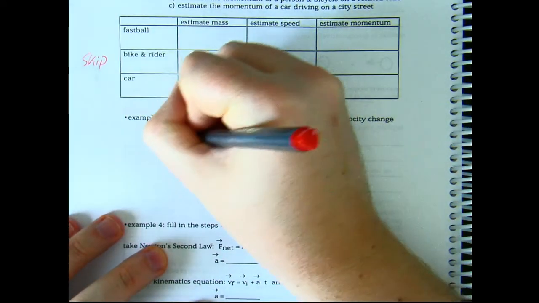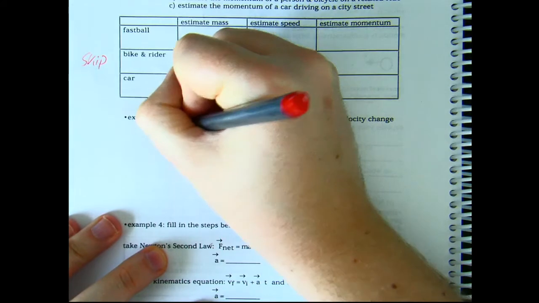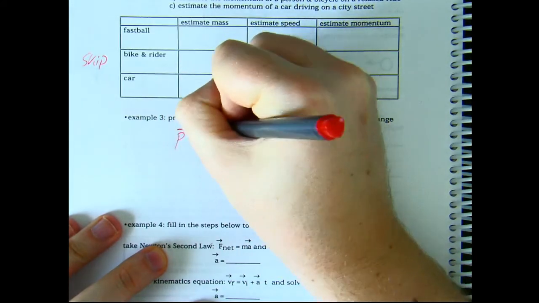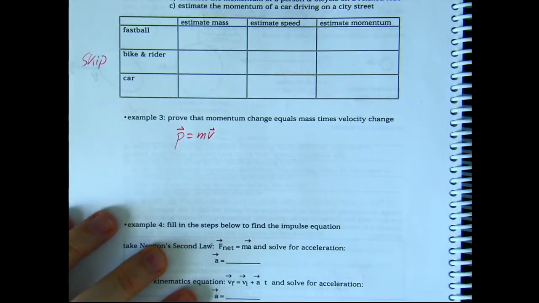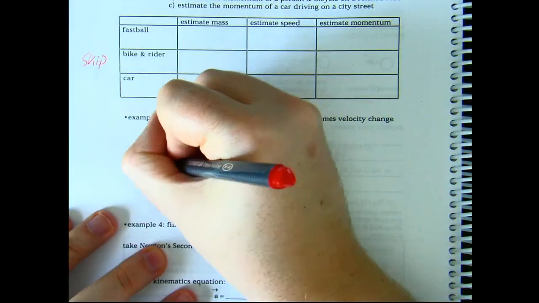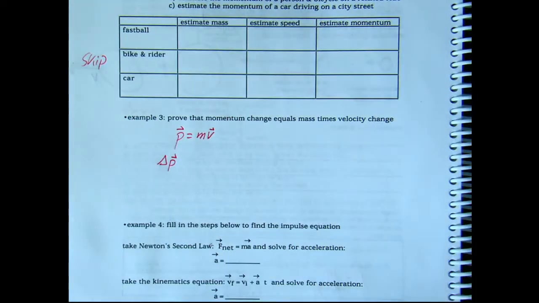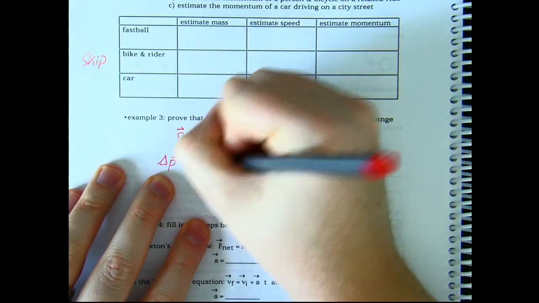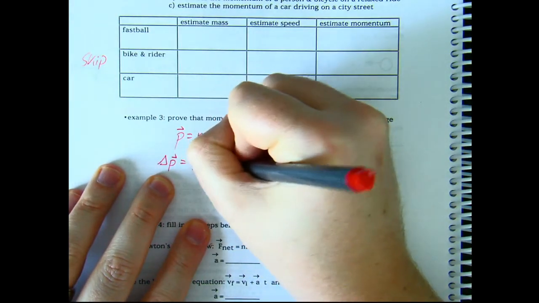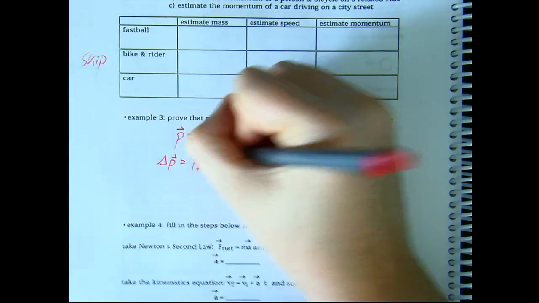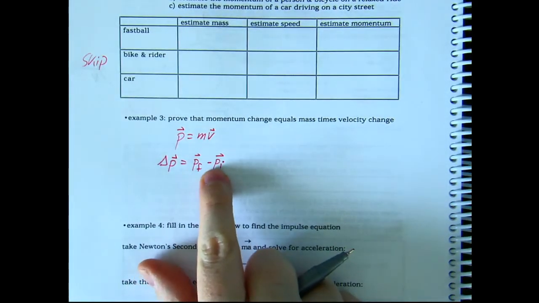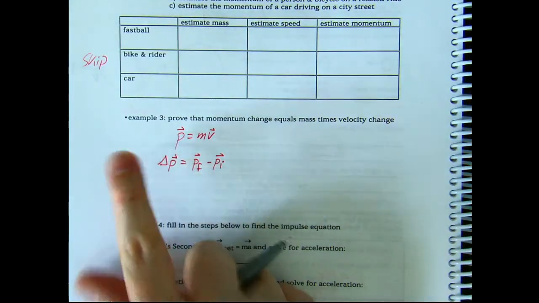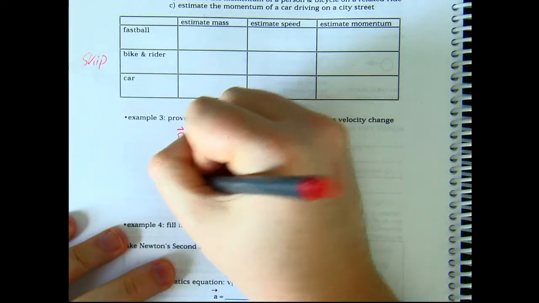So if I've got momentum, P equals mv, P and V are vectors. If I have a change in P, well, what's that going to tell me here? A change in P is a P final minus P initial. That delta hasn't changed. Its meaning still is what its meaning is. Well, what that means is,